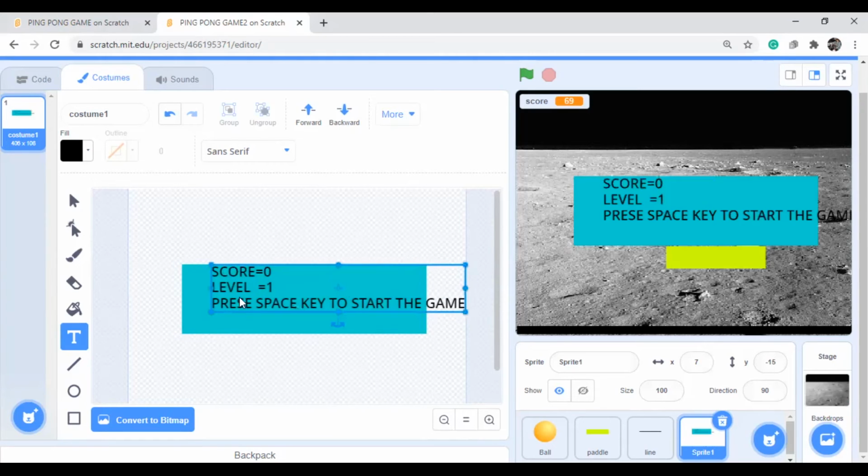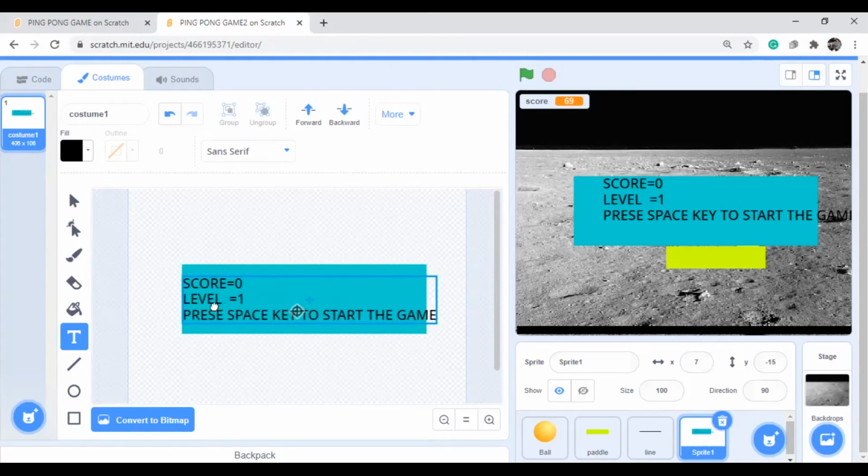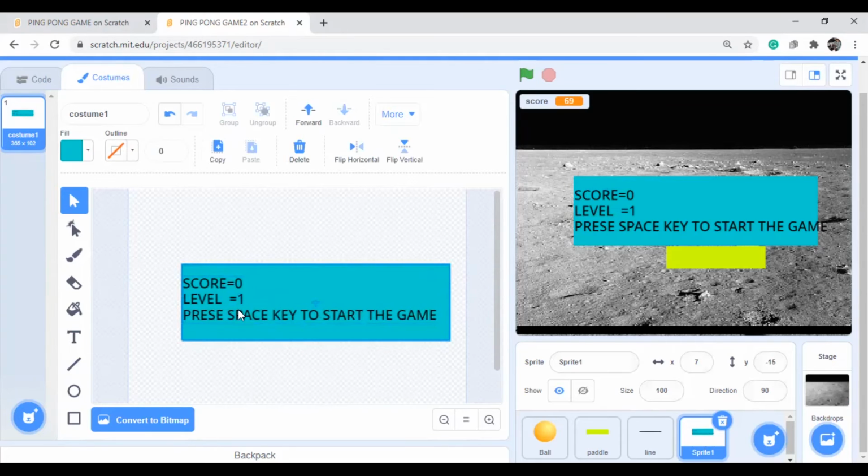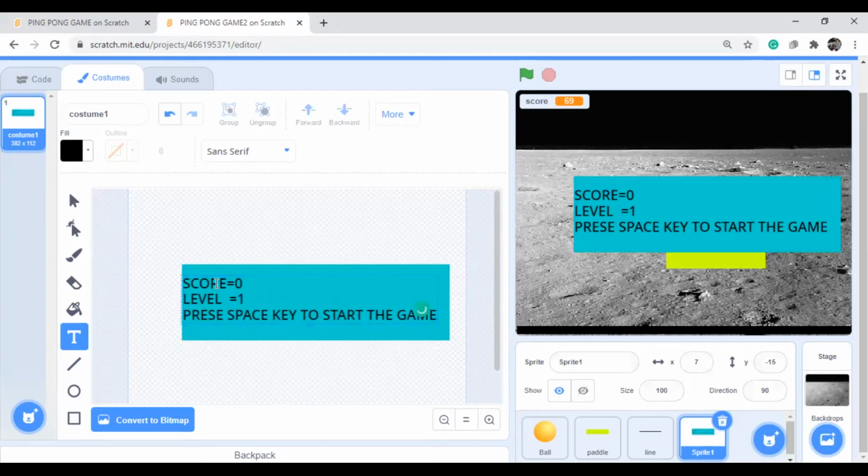So I can move this one a little bit like this, and I want this one a little bit larger. So I will keep this one in the middle. Yeah, this is the middle.